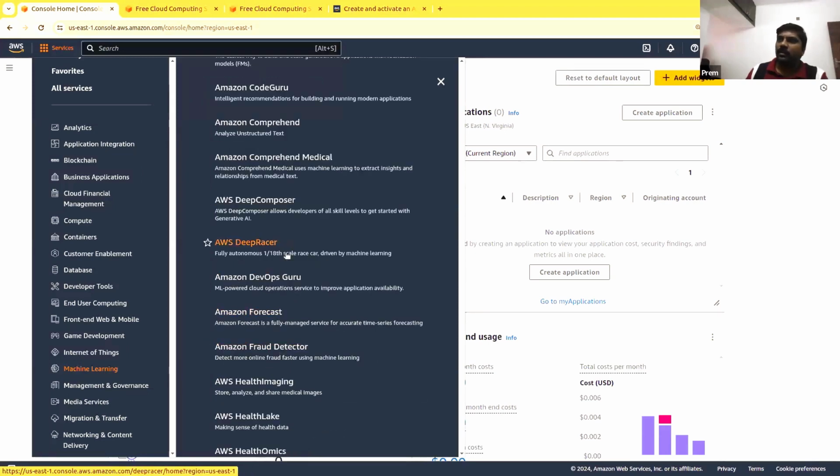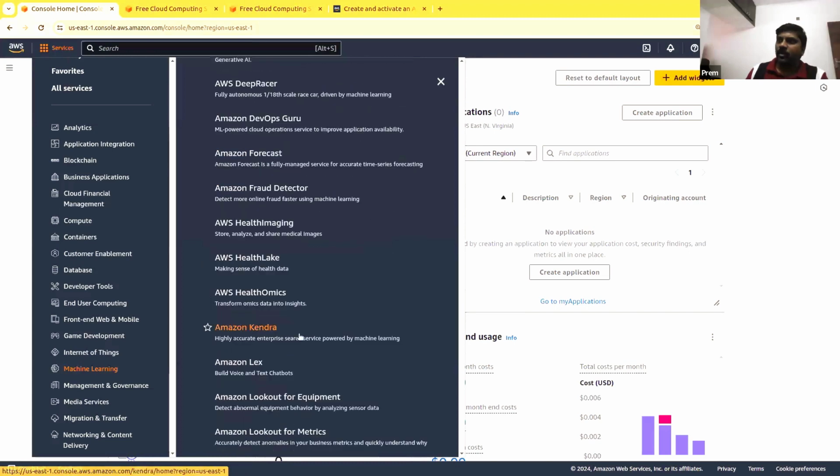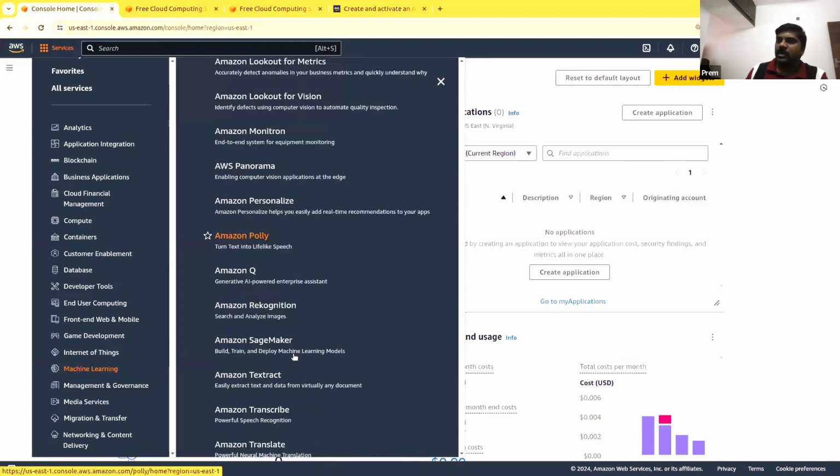There is also SageMaker, where you can build, train, and deploy machine learning models. Whoever has an idea about machine learning and how to create a model might know what building, training, and deploying is. SageMaker provides you the platform to do all these things.